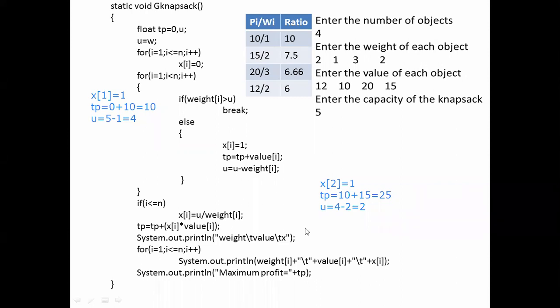Since here we can add a fraction of the item until the capacity of the knapsack is filled, we can fill the knapsack with the items, and a fraction of an item can also be filled, right? So for this we are getting 38.2. For the dynamic knapsack we'll get 37 again. Okay, so that will be the concept of greedy knapsack.